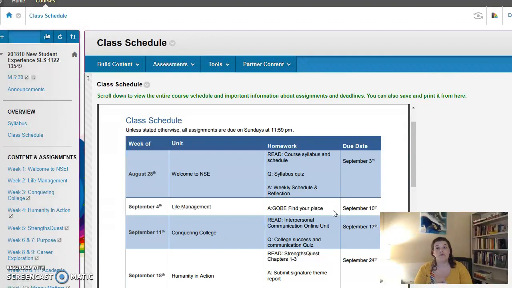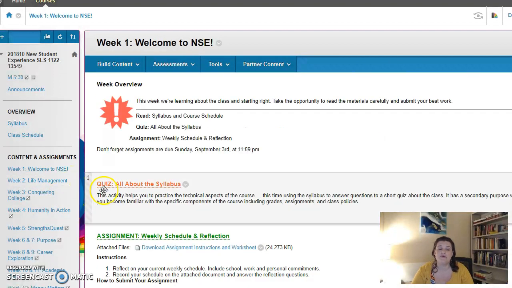So let's walk through the assignments in Blackboard to preempt any questions you have, and also so that you just start to see the rhythm of how the class works. So I'm going to click on the week in which it is, and here I'm always going to see an overview. So what are we doing this week? When is it due? Each separate assignment or quiz has its own link.